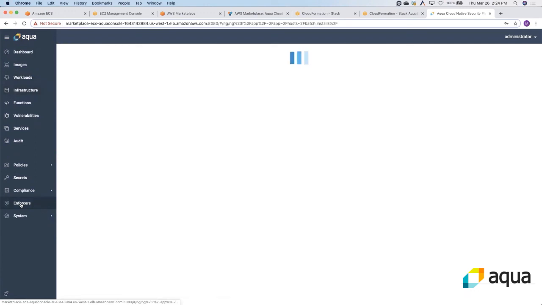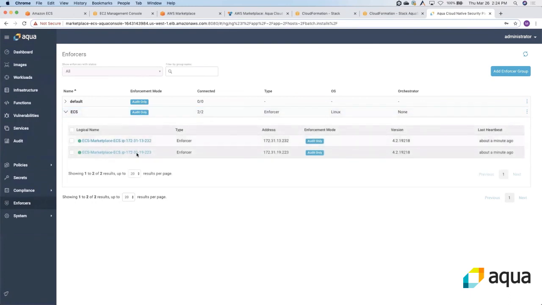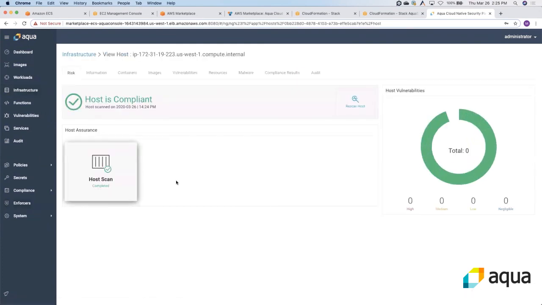You can also click on enforcers and make sure that it is connected to both the enforcers. So it's running one enforcer per EC2 instance that you deploy as a part of the ECS cluster. Let's go back to the infrastructure and see that the hosts are scanned properly and are compliant.